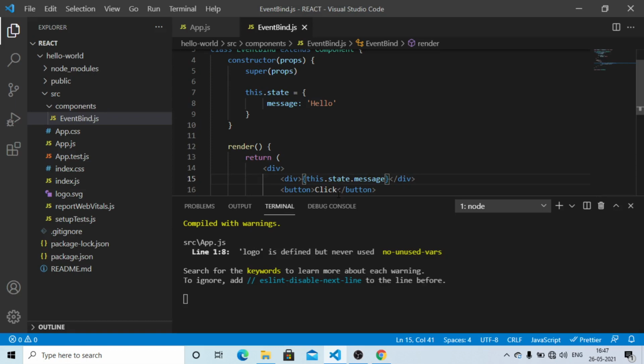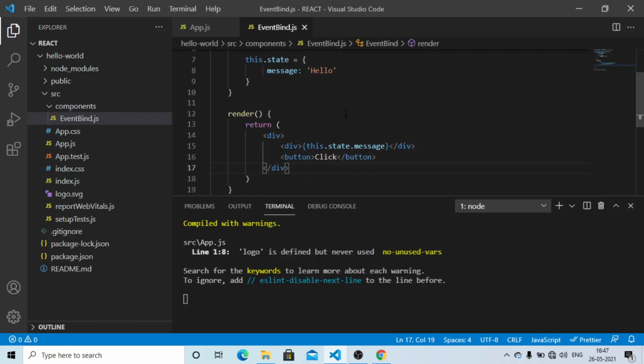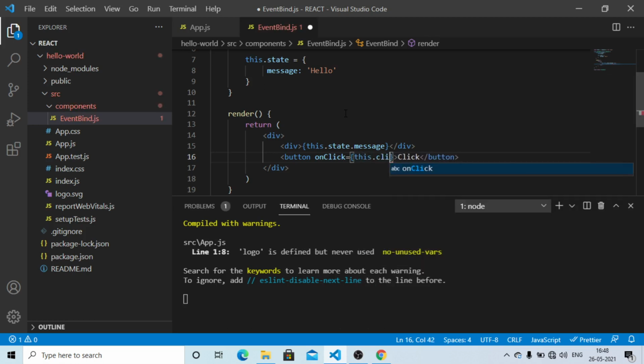Now we will be binding the event handler, recollecting some of the facts from the previous videos. We have an onClick attribute, and we'll be calling here this.clickHandler.